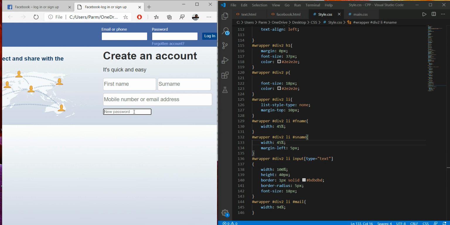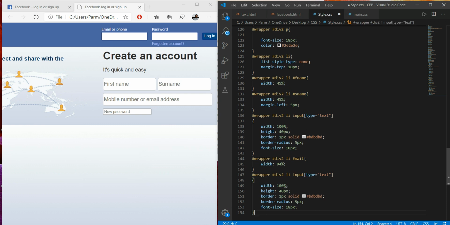Similarly we have to write the same style for this, so I'm just copying this id, Ctrl+C, here we go with Ctrl+V, and here I have to select the type as password.